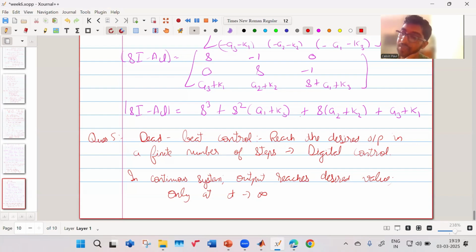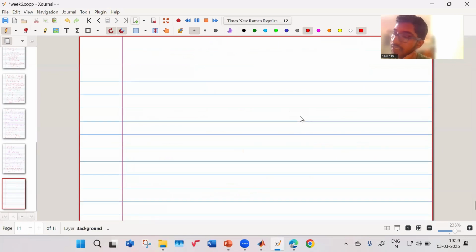But in discrete time systems, in digital systems, there is a condition. If we satisfy that condition, we can say that my output will reach where we want it to reach within a finite number of steps. That is known as deadbeat control. For deadbeat control, let us say for a discrete time or digital system,